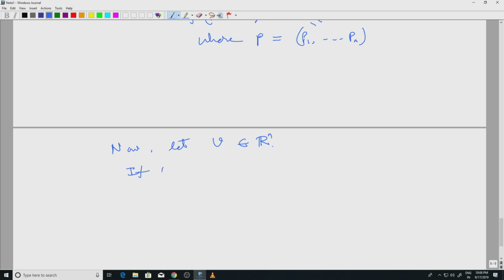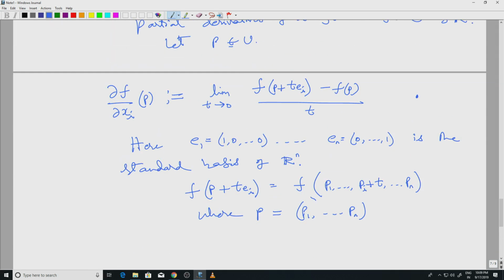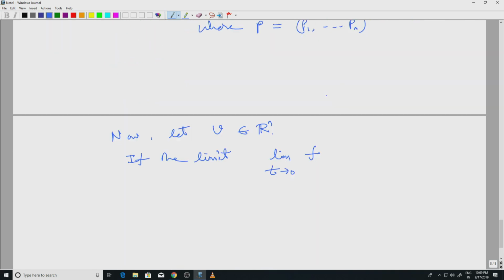If the limit as t goes to 0, where instead of ei I just replace it with this v, so I look at f of p plus tv minus f of p divided by t, exists,